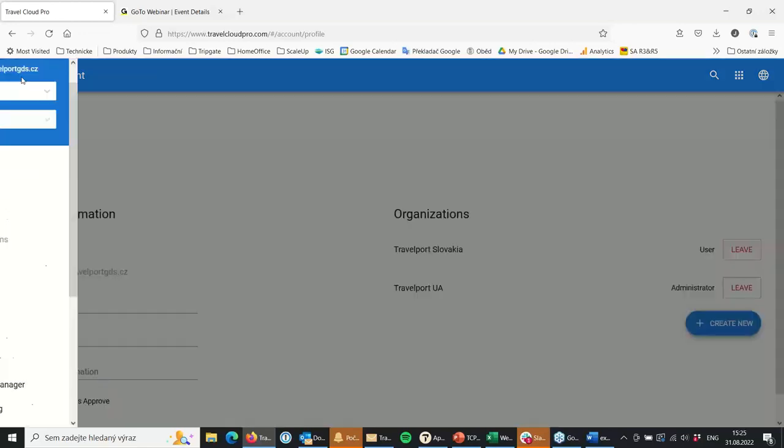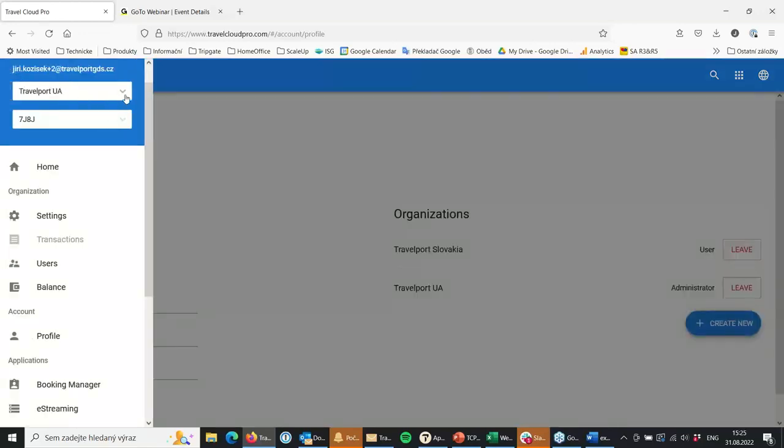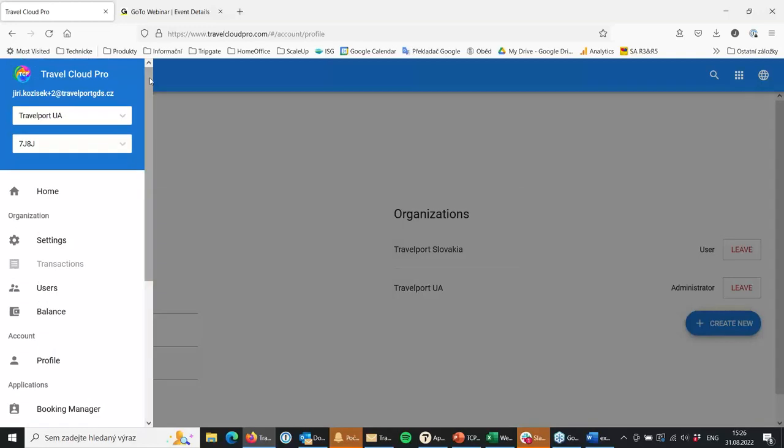Also, we've heard, specifically more for the Travelport help desk, where there are multiple agencies under my username. It can be 100 organizations over here. So we will introduce a search bar over here, and you will just type the name of the organization, and it will be easier for you to navigate and emulate in the organization.